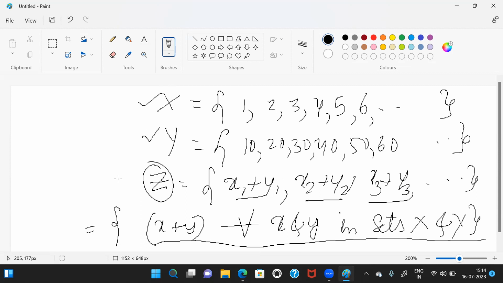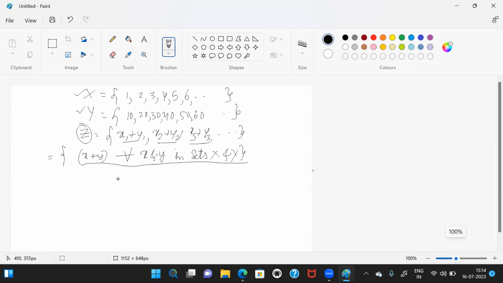Now, the same in Python is written as Z is equal to